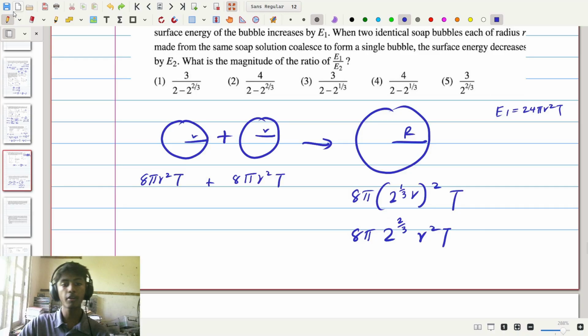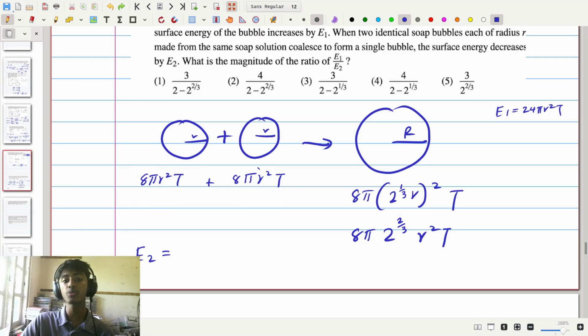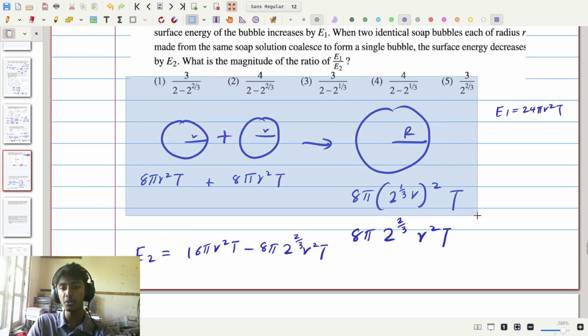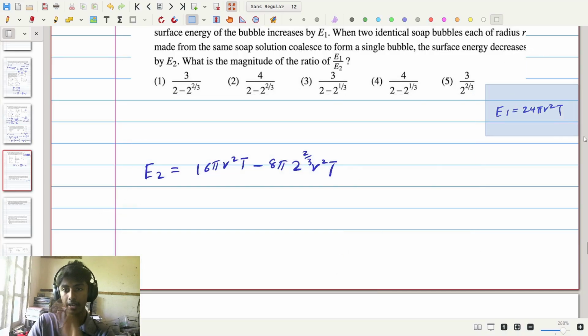Now if from the starting point to the ending point energy decreases by E2, then E2 is equal to the difference of initial energy minus final energy, and therefore is equal to 8 pi r squared T plus 8 pi r squared T, or 16 pi r squared T, minus 8 pi times 2 to the power of 2 over 3 times r squared T. Now according to that we can see if E1 is this and E2 is this, then taking these two values of E1 and E2, if we divide E1 by E2, we'll get